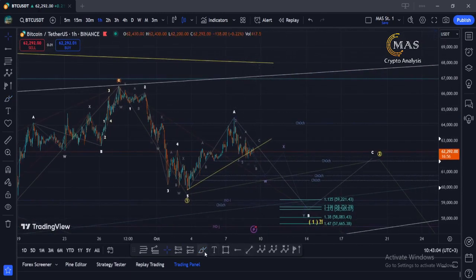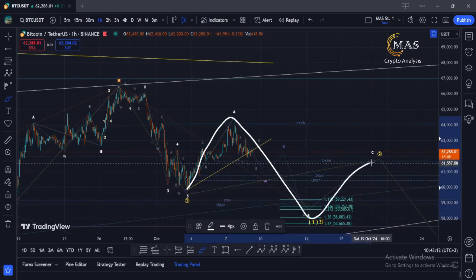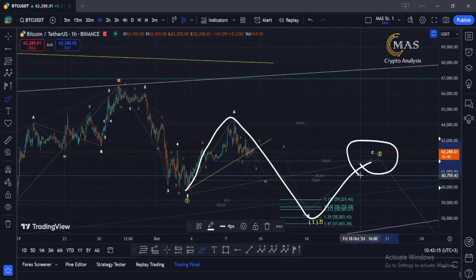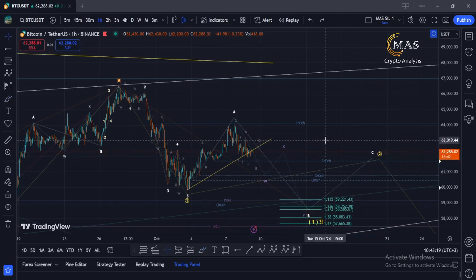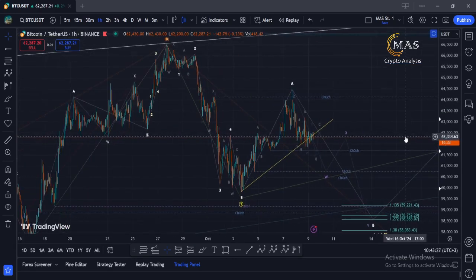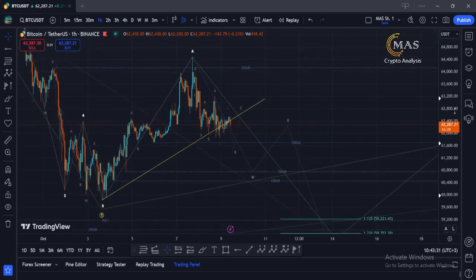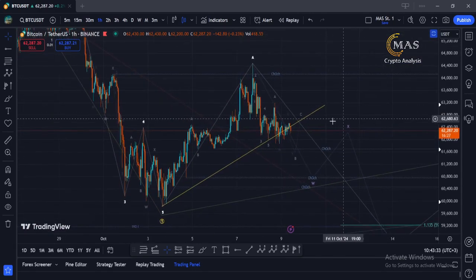And in my second scenario, we ended the first wave here successfully, and we will watch this white A, B, C to end the second wave. I am waiting to see what we will have here in the next days, my friend. We see this shallow move, and this is maybe a consolidation for this Bitcoin, reaching down in this 1 hour time frame. I can see it clearly here, my friend.